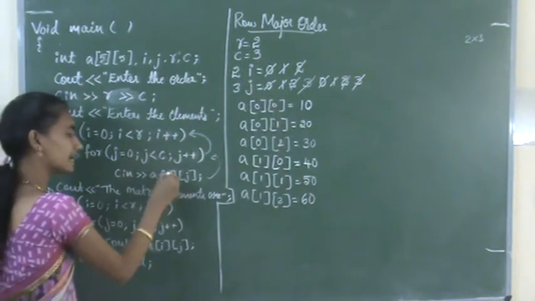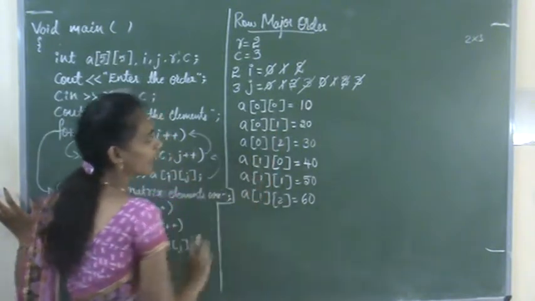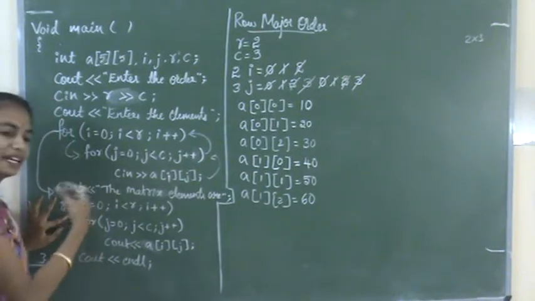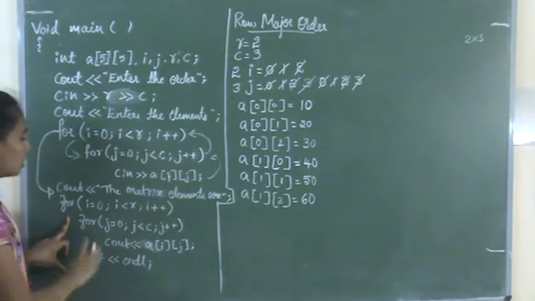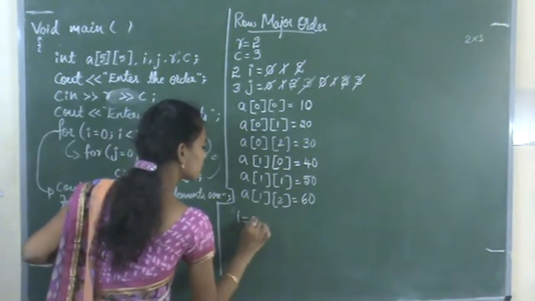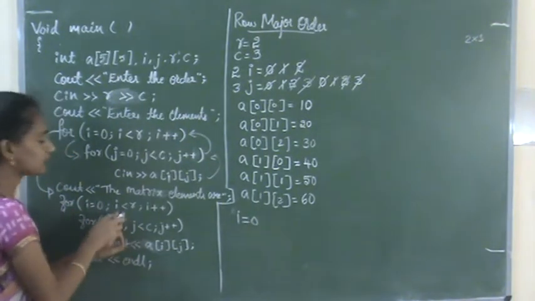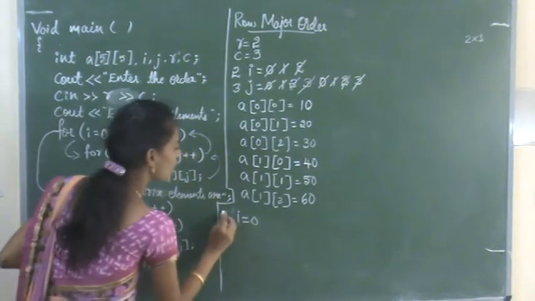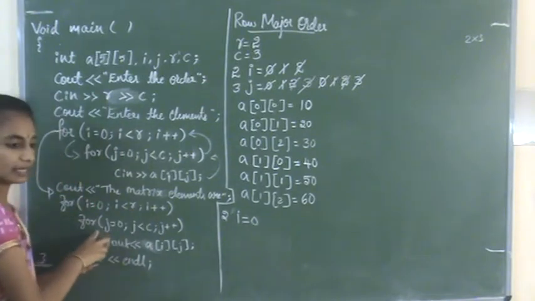Which means first I entered the row value and then the column value. So now I have entered the values in an array, right? Now I need to print these values from the array. For that we are using the same code. Again the for loop, I value is initially assigned as 0. Check the condition, that is I less than r, right? 0 less than r, the r value is 2, so 0 less than 2, true. Again it will come to the inner for loop.